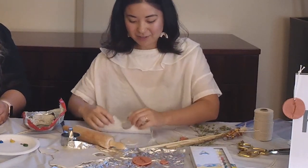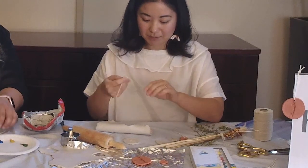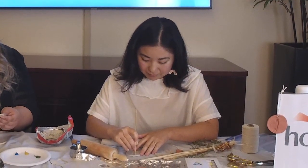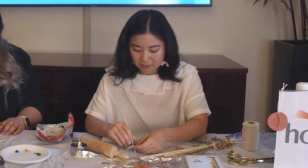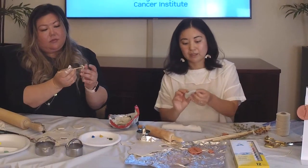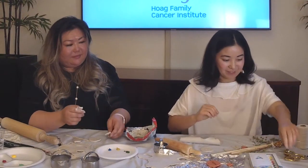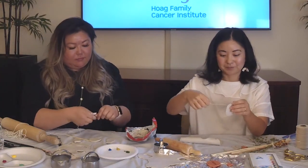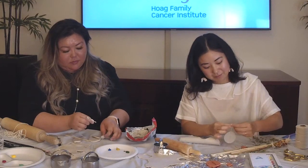And then to make the opening for the twine to hang, you can use the tip or even the end of the skewer. It's really a matter of choice where you add the opening and the hole for the twine to go through. I just used it on the top. So I just make an opening like this. So now I'm going to take my twine and put it through the hole. Make a knot